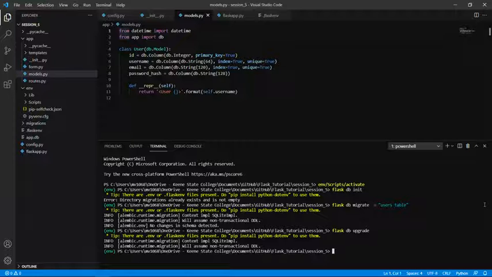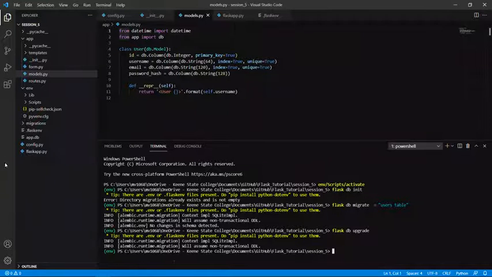There is another command called flask db downgrade, which will undo the last migration and is mostly used in the development environment. For example, if you don't want that change, you can run flask db downgrade, which will delete that particular migration script in the Alembic repository. That is the purpose of flask db downgrade. Downgrade is normally done only in the development environment.